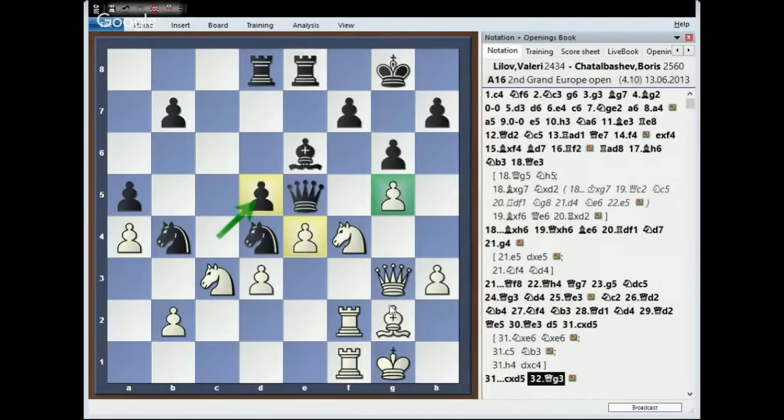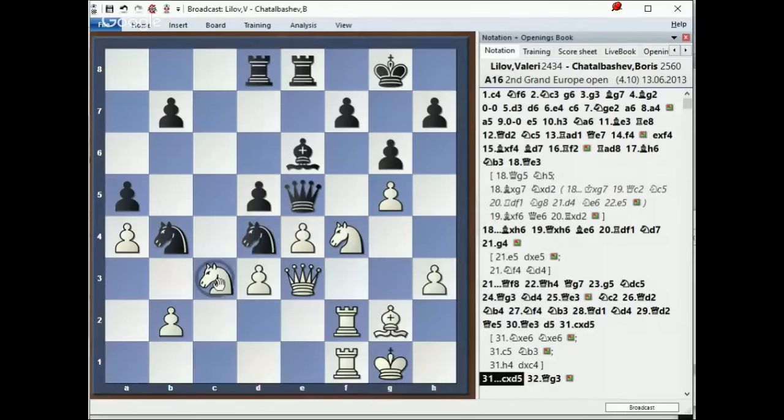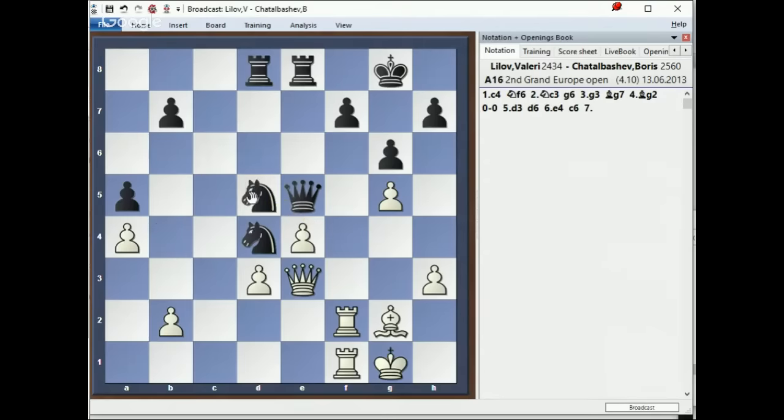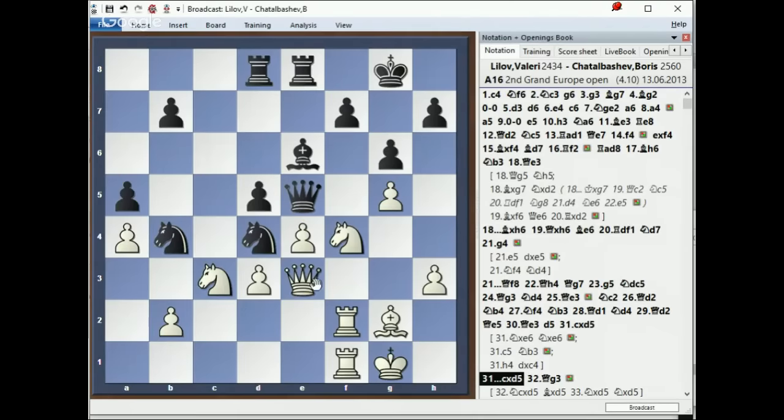So knight d5, what about that? Well, I was actually on an x-ray. He was going to take my knight, and then if I captured, there would have been knight takes d5. So I knew this is not going to work. But queen g3, on the other hand, helps out a lot. It's a good defense on g5.